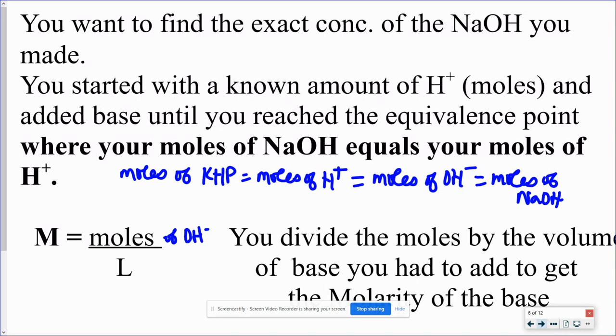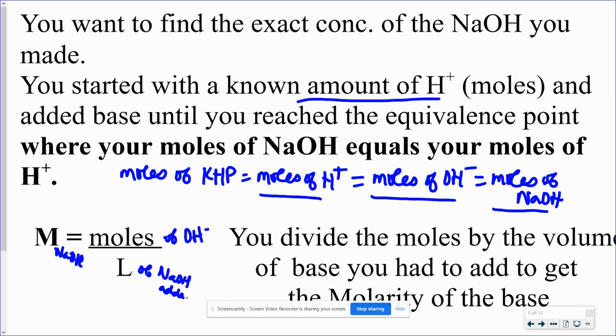Okay, and then now that you know that amount, you can use that to say, okay, your moles of KHP equals your moles of H+, that equals your moles of OH minus at the equivalence point. And then since there's one OH in NaOH, that also equals your moles of NaOH. So now to find the molarity of the NaOH, you'll just take those moles, divide by the liters of NaOH that you added